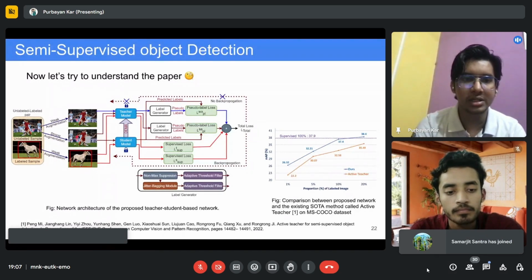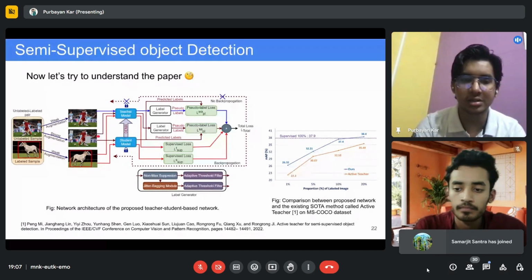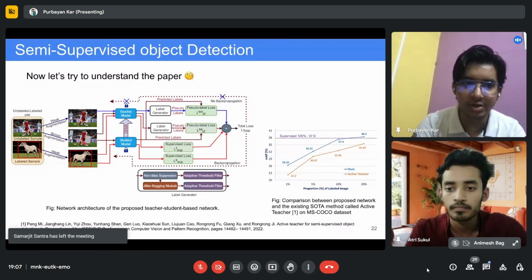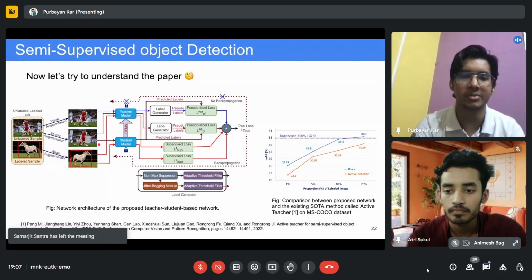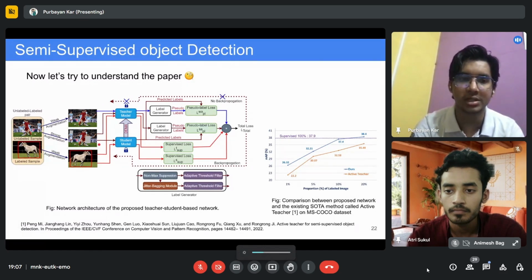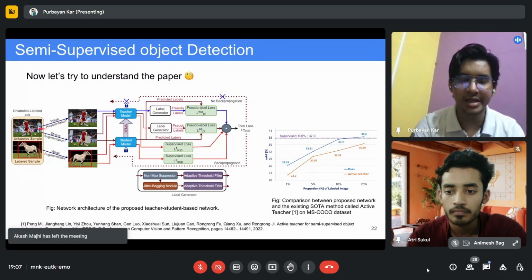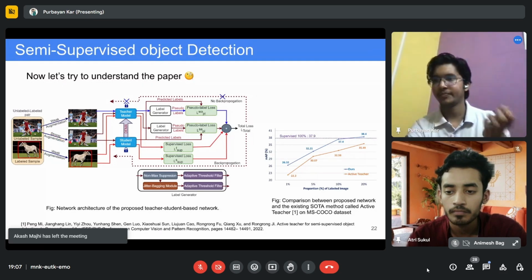By strong augmentation, I mean I not only change the orientation, but I also create these gray patches and remove a portion of pixels from the image. This is called strong augmentation. With my labeled data, I do weak augmentation. With my unlabeled data, I do weak augmentation as well as strong augmentation.